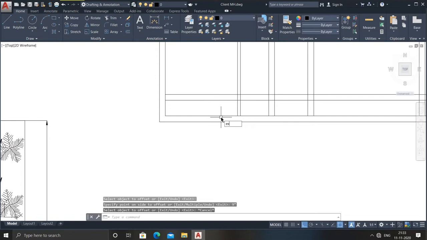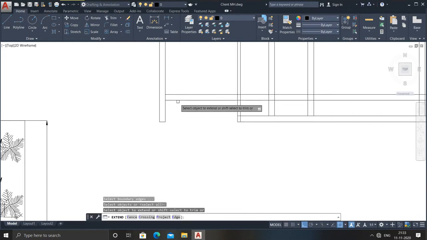Before going to trim command, you need to extend, then only you are able to trim all these lines, right? Escape it. Now go for trim command. I have trimmed both of these, as you can see it here. Go for extend command. So just go for trim command, double enter, just trim it. So you can see I have trimmed this also.